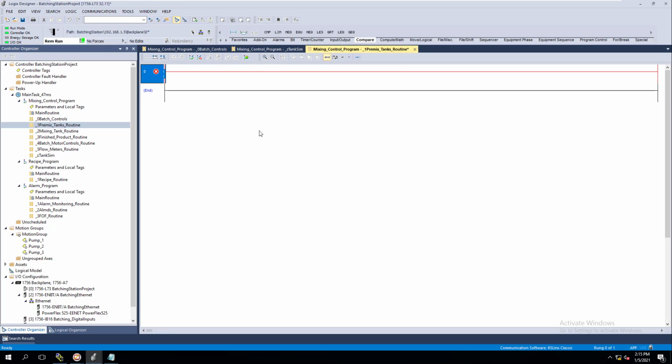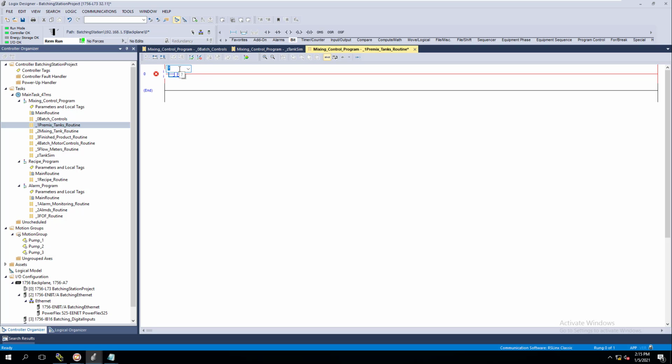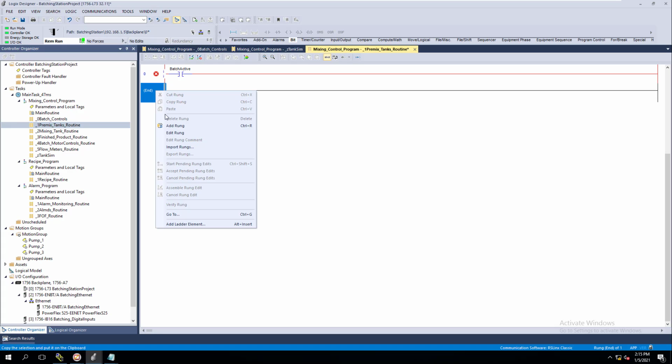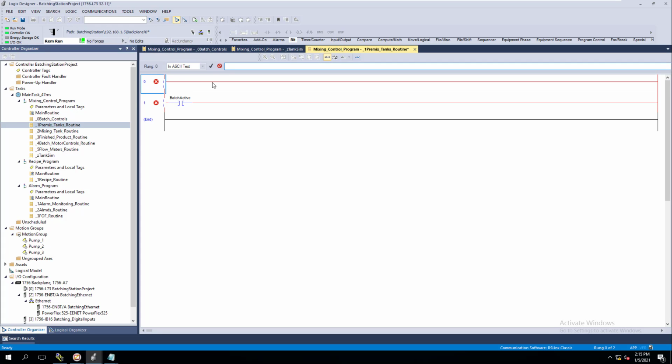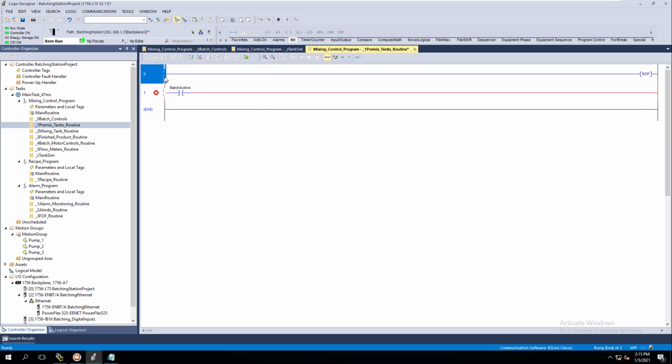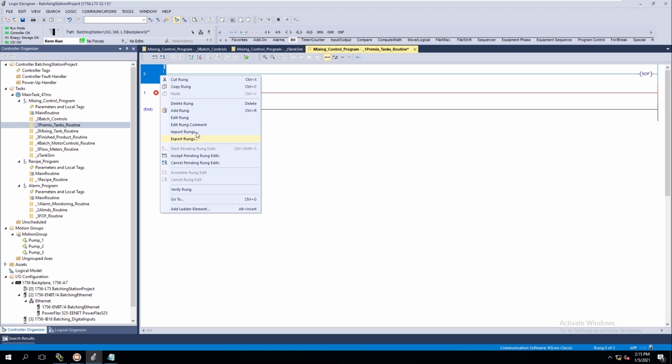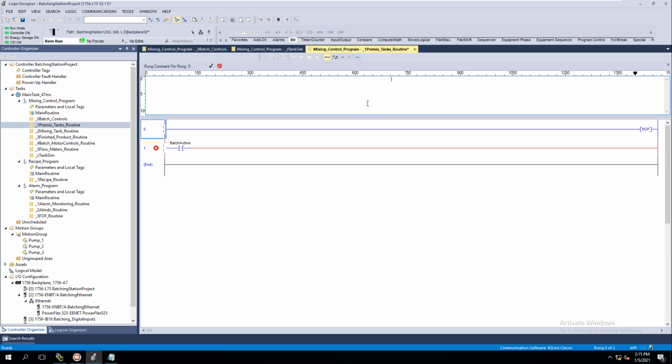So what we're going to do is we're going to come in here and grab a couple different options. First, we need to make sure our batch is active, right? Our batch active bit. We need to monitor our tank levels. So first and foremost, let's come in here and put a no operation, NOP, and then we'll put a comment above there and say this would be the actual this section